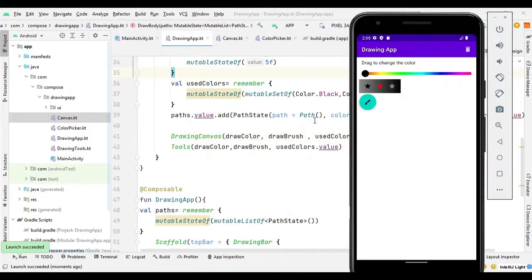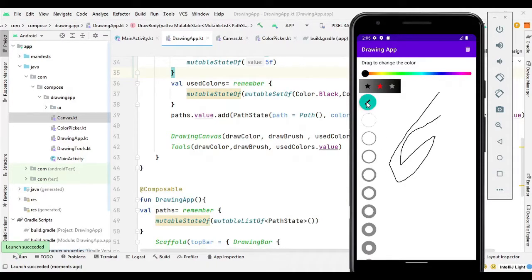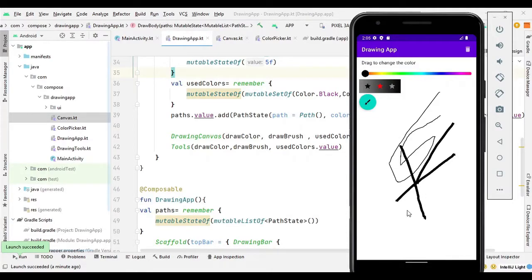So our app is up and running, as you can see now. So let's draw something with default colors. So this is the default black color and default stroke. We can change the stroke from here. So we can click and select a wider stroke, and let's see what happens. So we are able to draw it, and let's change the color and see if we are able to change the color. So it's working perfectly fine,